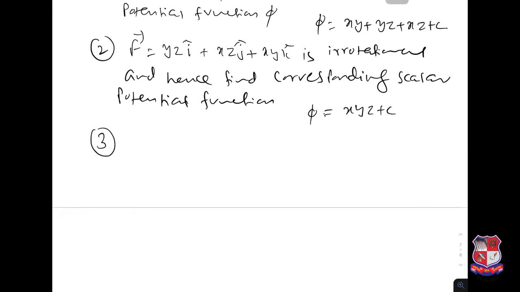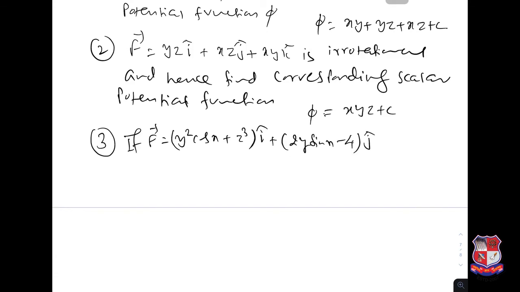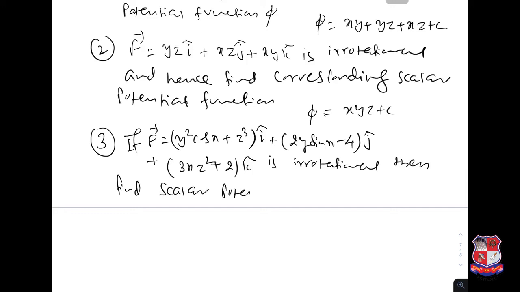One more, if f equal to y square cosine x plus z cube i plus 2y sin x minus 4 j plus 3xz square plus 2 k is irrotational, then find scalar potential function phi, and here you will get answer as y square sin x plus xz cube minus 4y